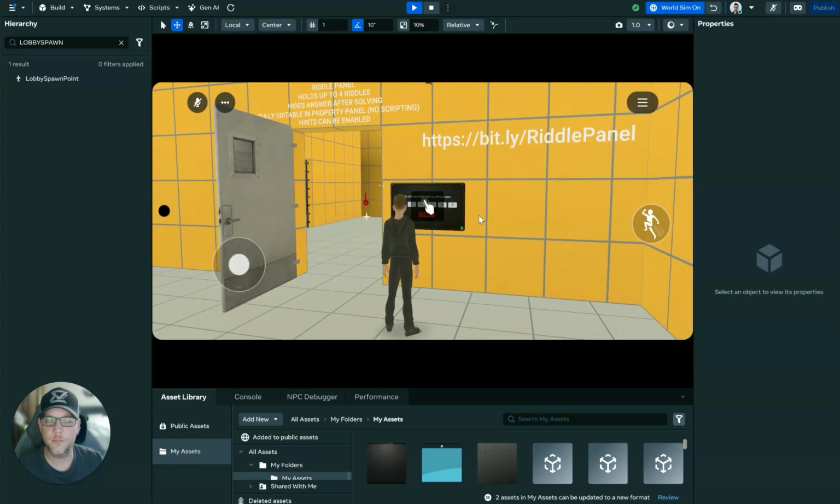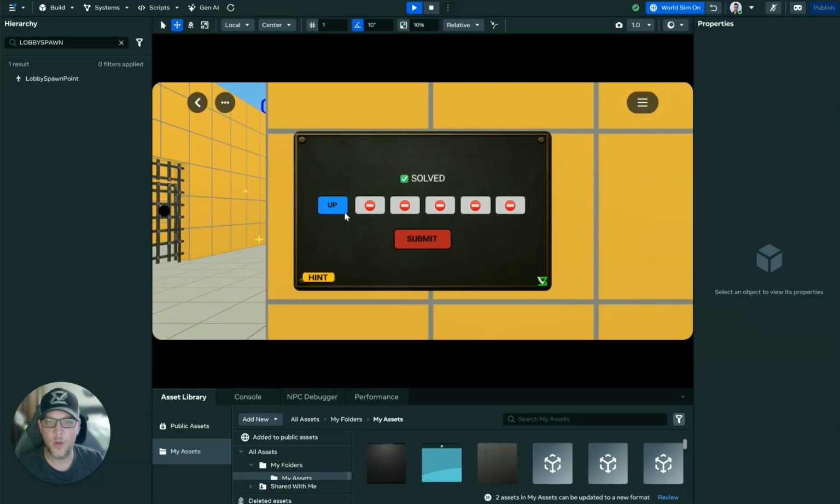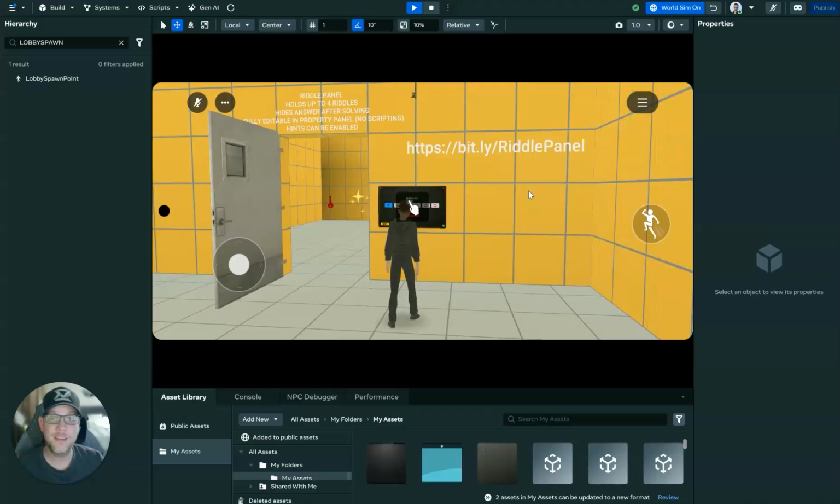So the door opens, plays sound, and then you can see now that no one can see the answer and no one can click on the panel once it's done. But that is the riddle